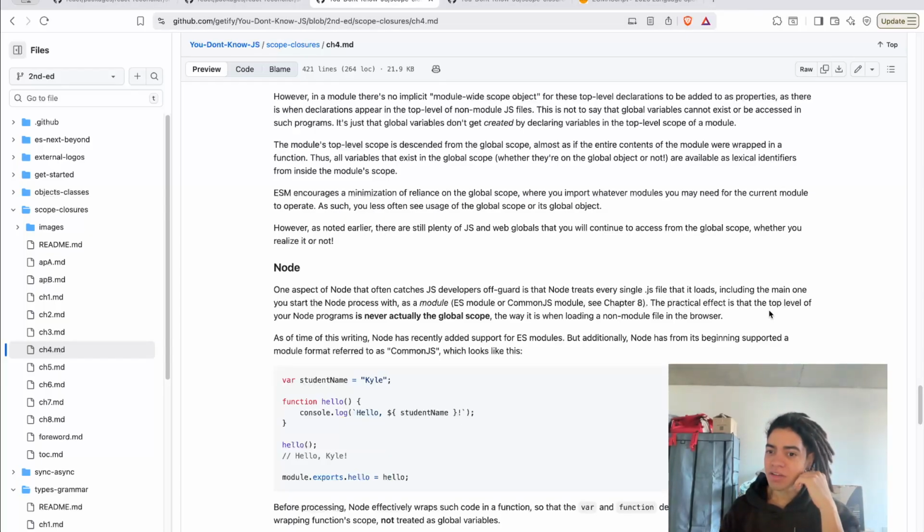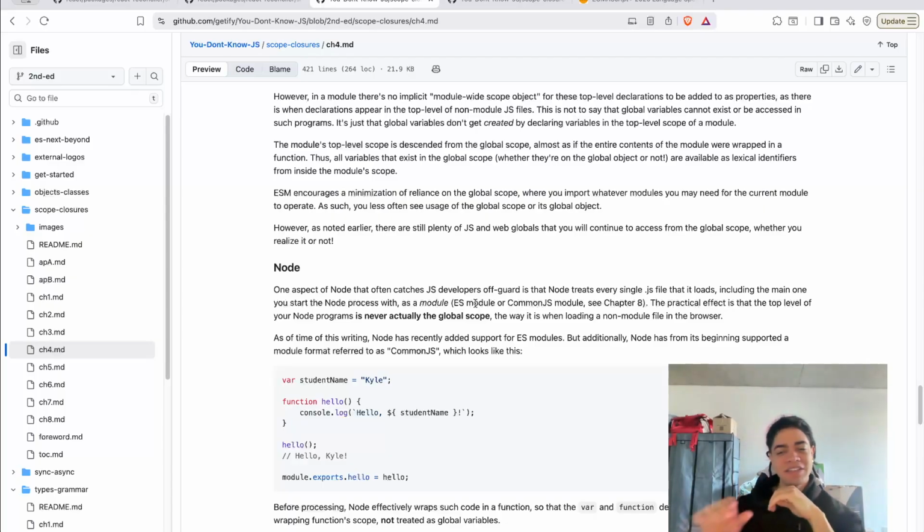So the practical effect is that the top level of your Node programs is never actually the global scope, because each one of those files is loaded as a module.